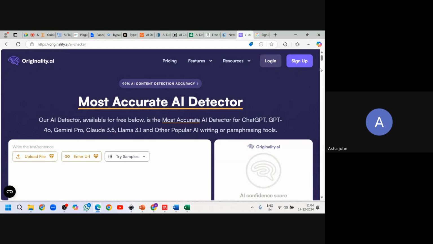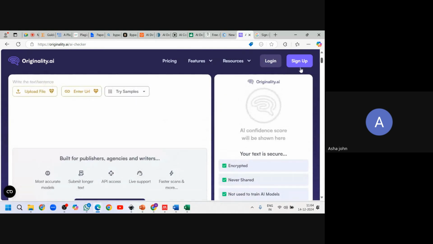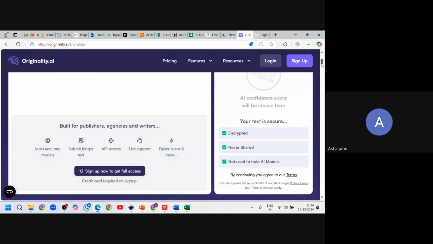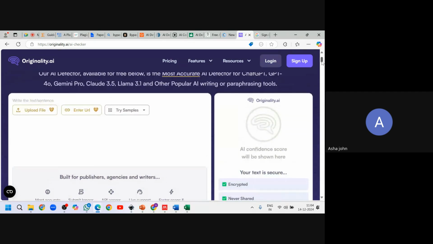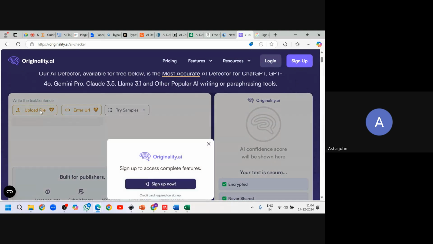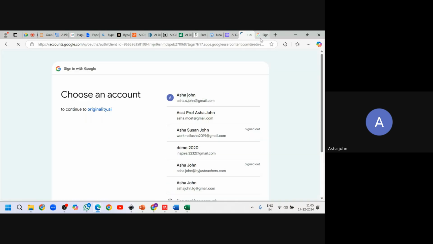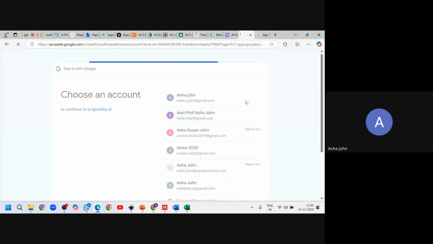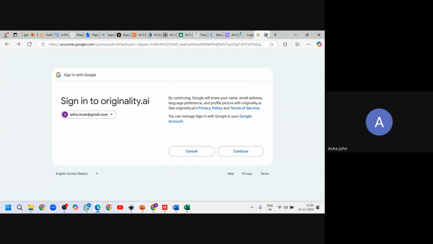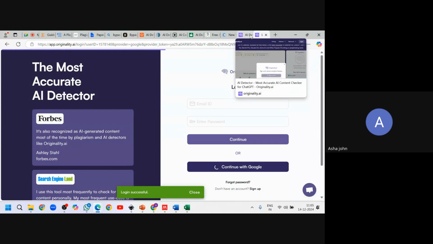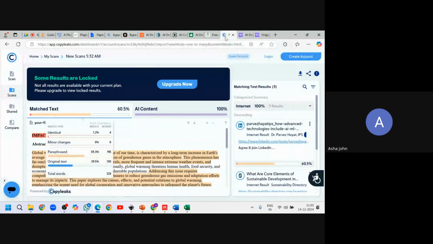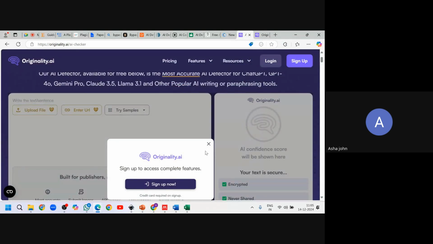Okay, so in this way, for every tool, we will see.